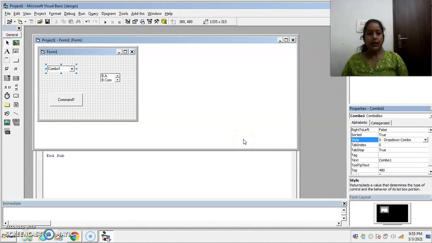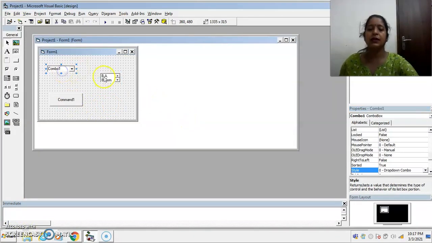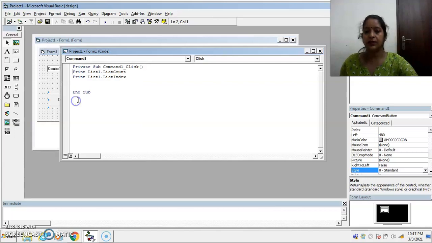Now the next topic to discuss about the list box and the combo box is some of the common methods of the list box and the combo box. One of the most common methods of combo box and list box is how to add items during runtime. Suppose I want to add a new item in the list box at the command one click event. Okay,